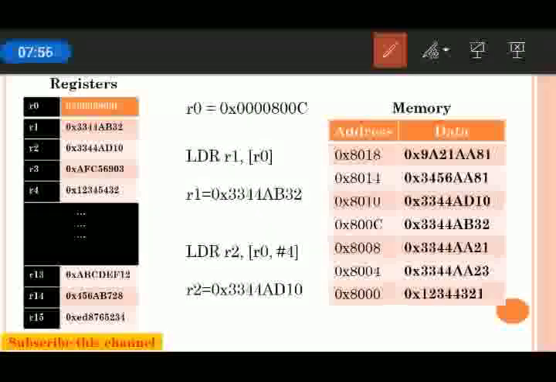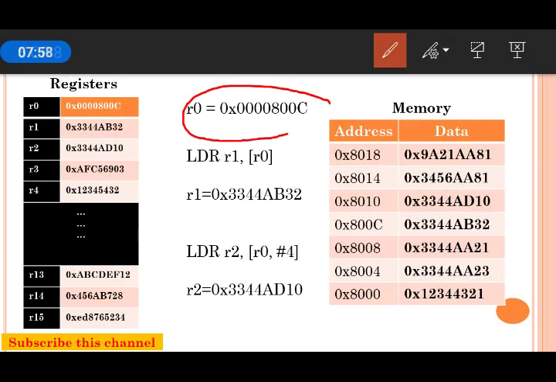Here R0 is 0x0000800C, and this is the base address, and we have to add the offset value 4 to it. So we get 8010.